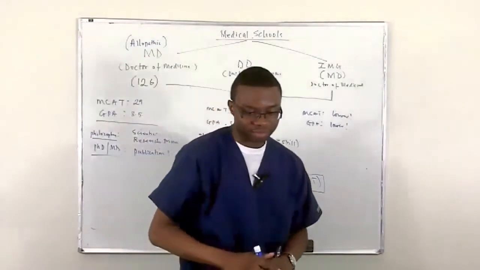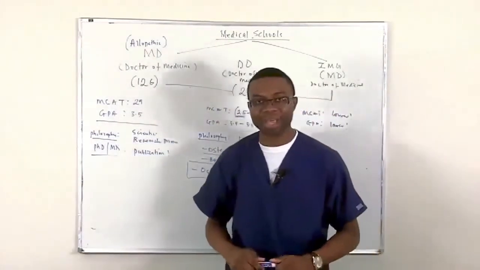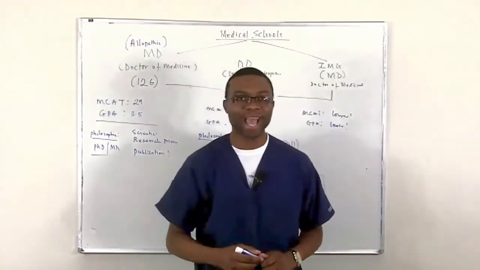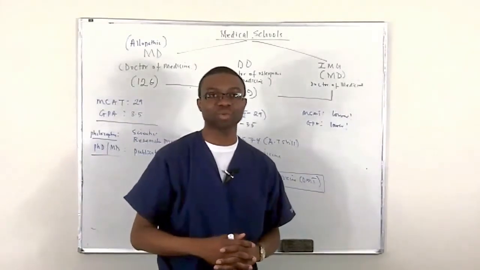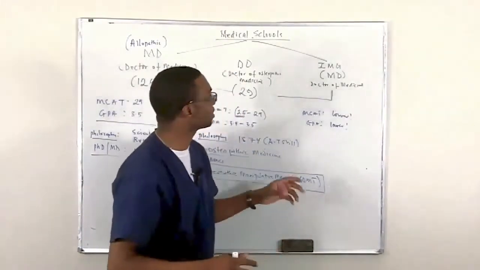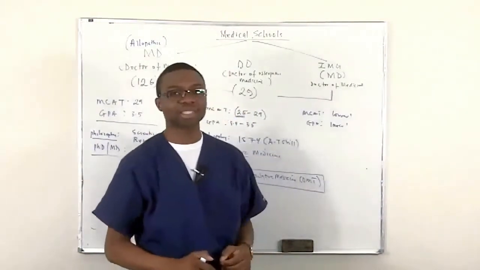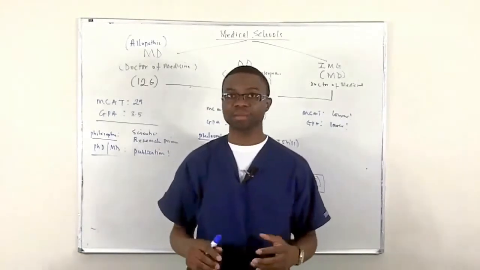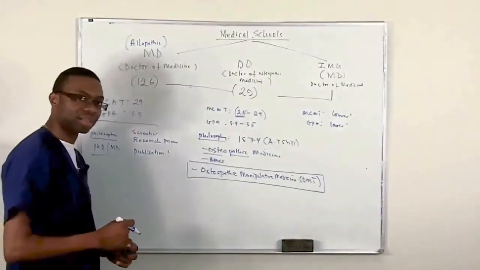That is the major difference. Another major difference between an osteopathic or allopathic medical school is that we all take a medical licensing exam. In order to be a physician in the United States, all three of these medical schools, you have to take either the United States Medical Licensing Exam, known as the USMLE, or the COMLEX, which is the Comprehensive Osteopathic